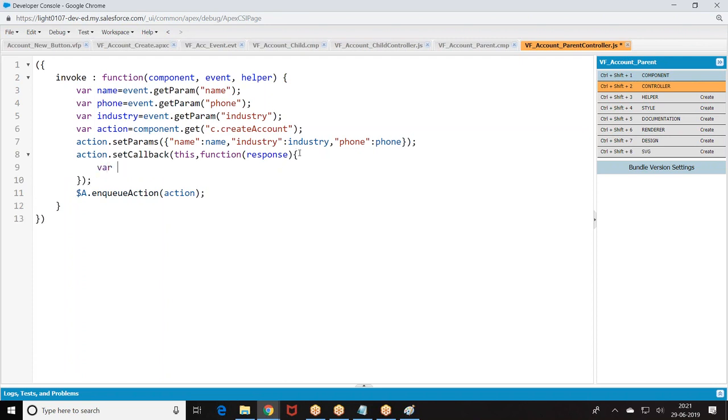Then what are we supposed to do? Where state equal to.